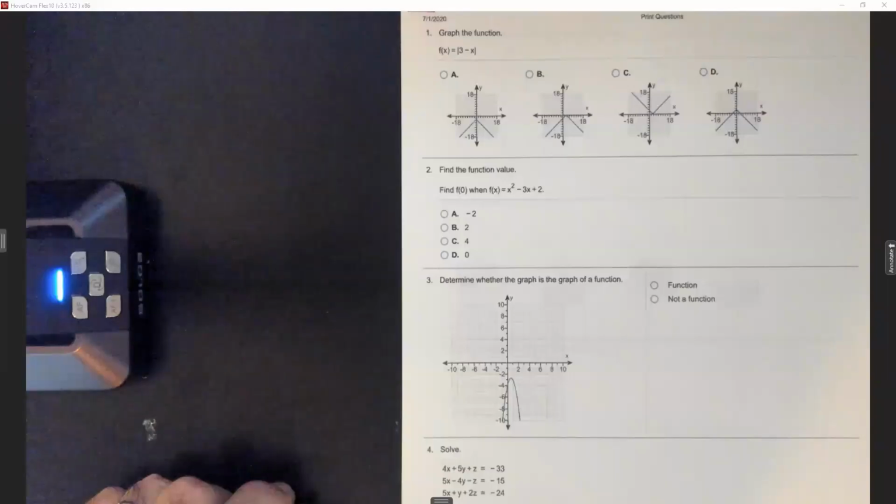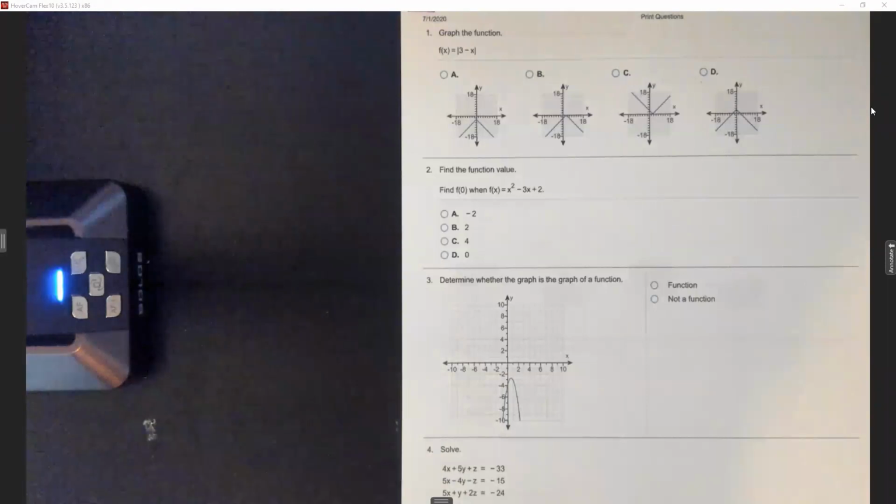And then let's see. All right, let me move this out of my way here. Alrighty, so